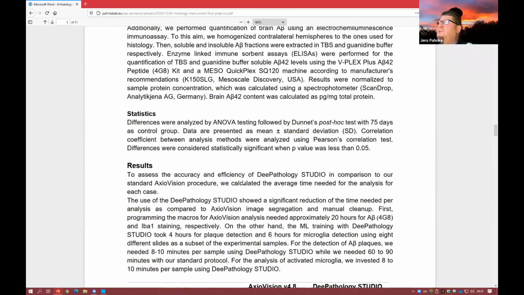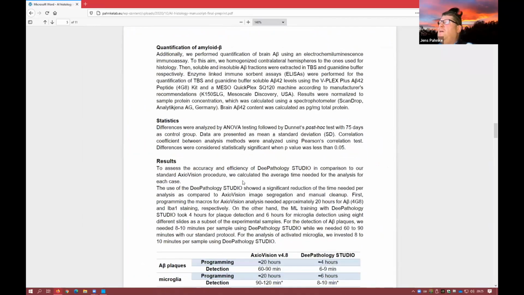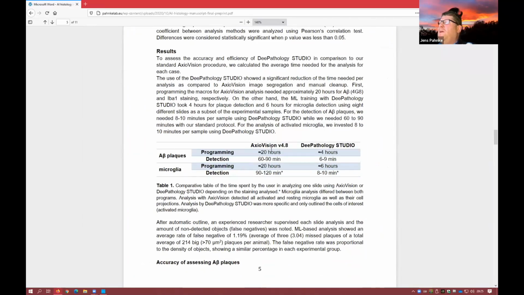We compared these methods because we wanted to know what is actually better. We have seen that with the AI, if you do plaque programming, depending on what you want to do, it can take up to 4 hours, but we have seen now we are not even taking 15 minutes, and the detection is quite nice already. When you run the detection,